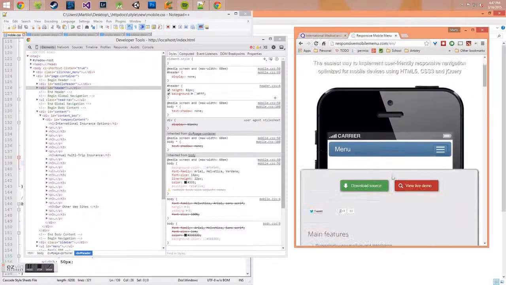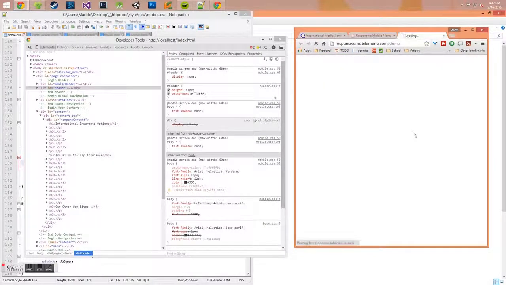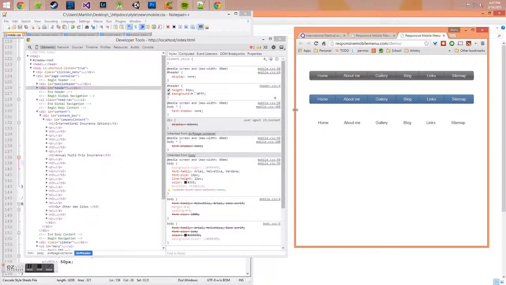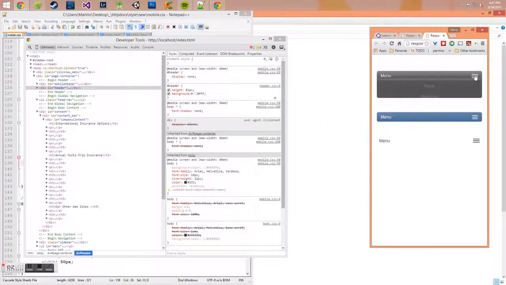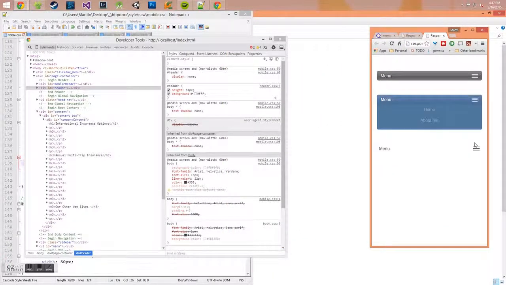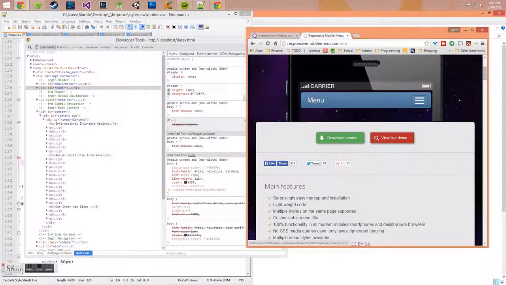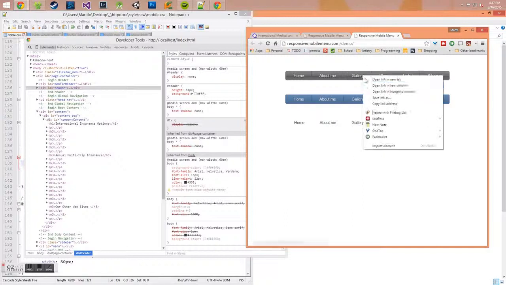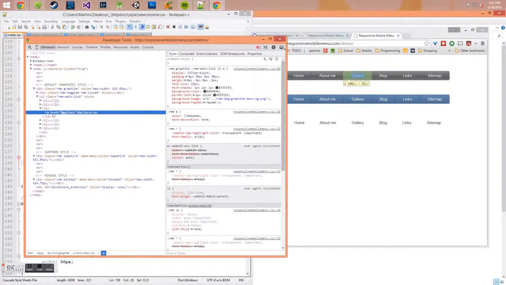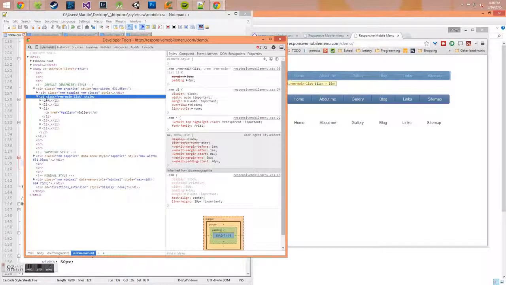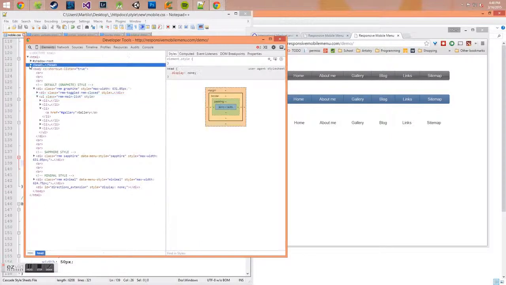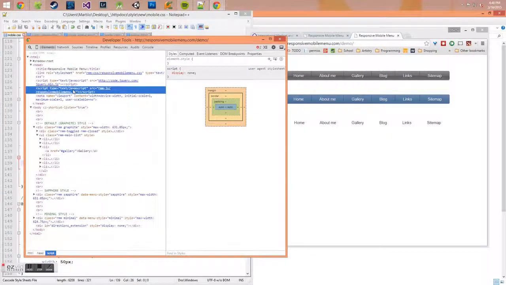Finding things like the mobile menus, I just start Googling like responsive mobile JavaScript menu. And then you're just going to start finding things like, here's responsive mobile menu. Let's see if this is any good. Check out a live demo. Sure, okay, so that's what it looks like when it's big, and then, hey, look, it gets all responsive and small for me. Nice. So I want that in my project. Let's say I'm just going to go in here, I'm going to download the source, and then you're going to have to look at the source, look at the demo here again, and say,